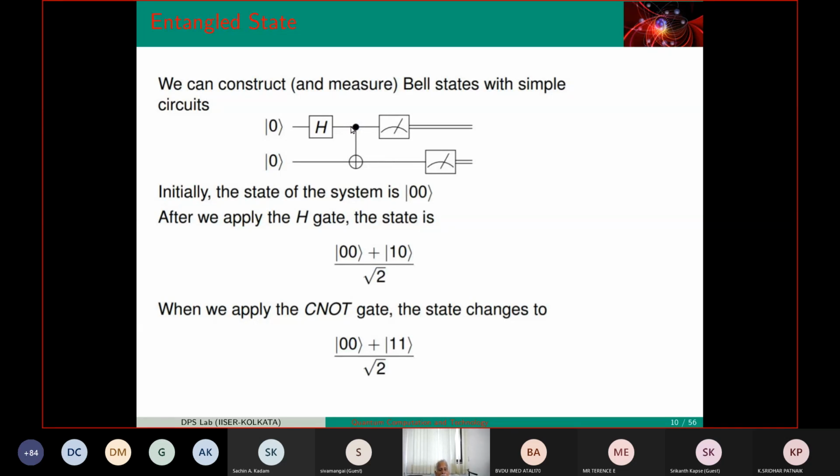Control knot is a character which lives in the two particle world. And that creates entanglement. It creates non-separability. And fortunately here, it creates a maximally entangled state known by the name of John Bell, the Bell state. What is this object? This is our measurement, electronic measurement. And readout, we read this output. So this line is for readout, this is for the register, this is the measurement, the process of measurement. These are the kind of diagrams which you will see in a quantum computer or any paper you read.